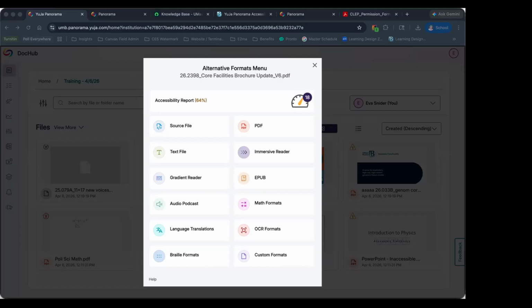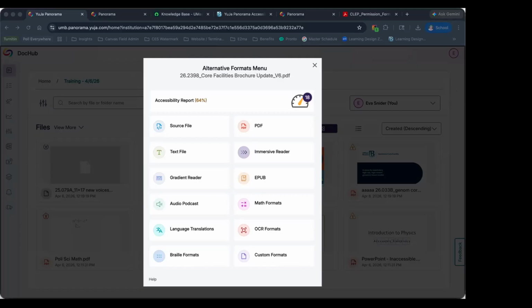Excellent question. Thank you so much, Will. So a few things I want to say. First of all, using multiple accessibility tools is an extremely helpful way to ensure accessibility of your documents. Do not rely upon a single tool. Add Yuja Panorama to your toolbox for accessibility, but use other accessibility checkers, including Adobe Acrobat, which has built-in tools for accessibility.